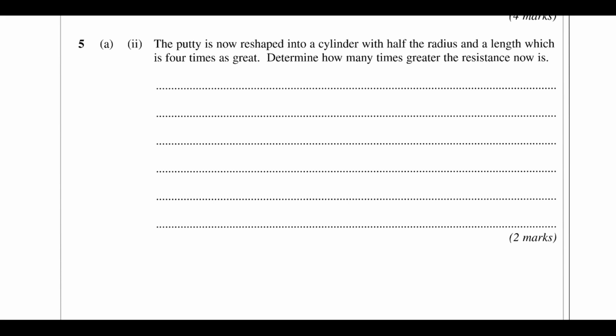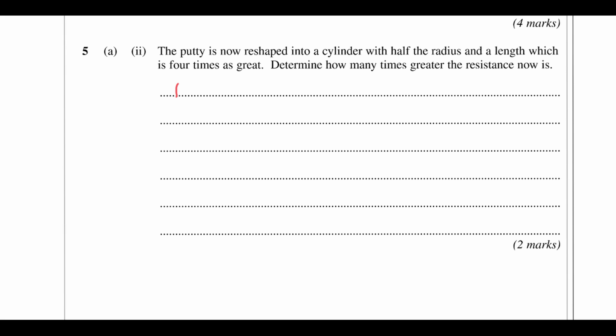The putty is now reshaped into a cylinder with half the radius and a length which is 4 times as great. Determine how many times greater the resistance is now. So the original equation was R = ρL over A. It's now